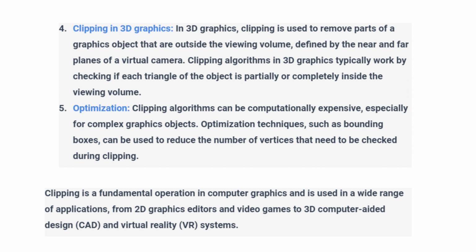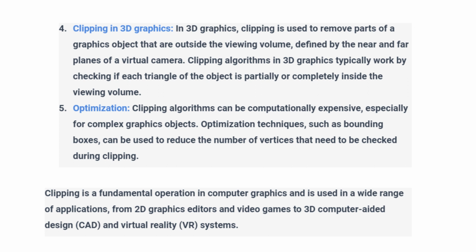Clipping in 3D graphics. In 3D graphics, clipping is used to remove parts of a graphics object that are outside the viewing volume, defined by the near and far planes of a virtual camera. Clipping algorithms in 3D graphics typically work by checking if each triangle of the object is partially or completely inside